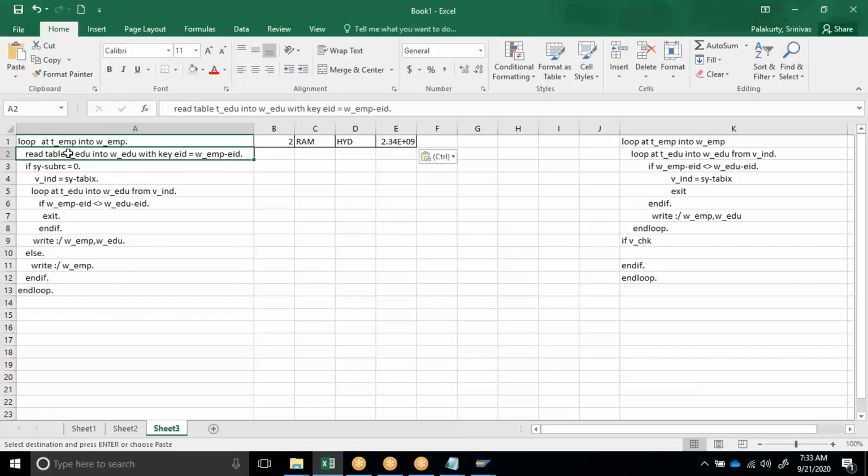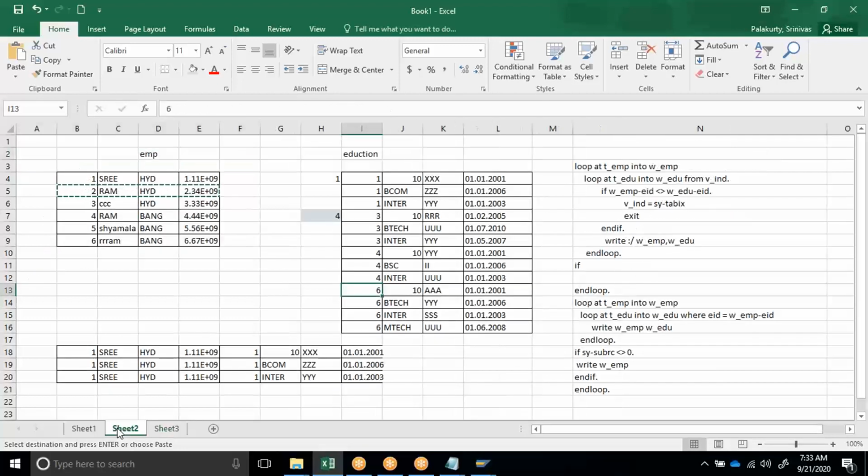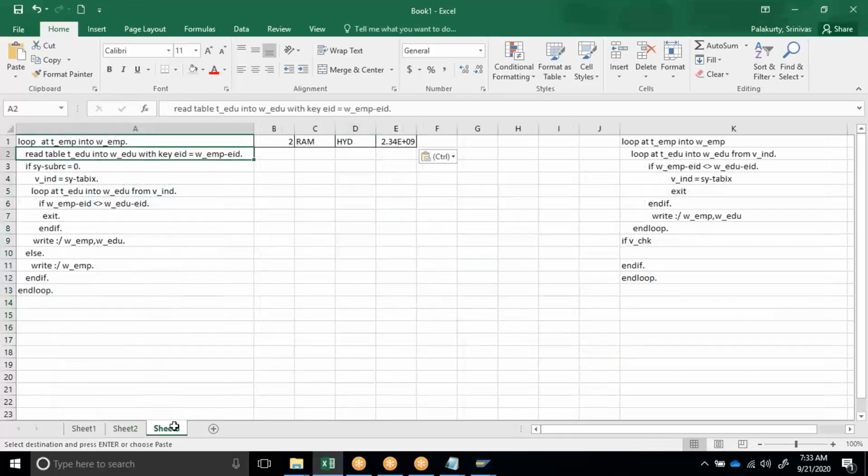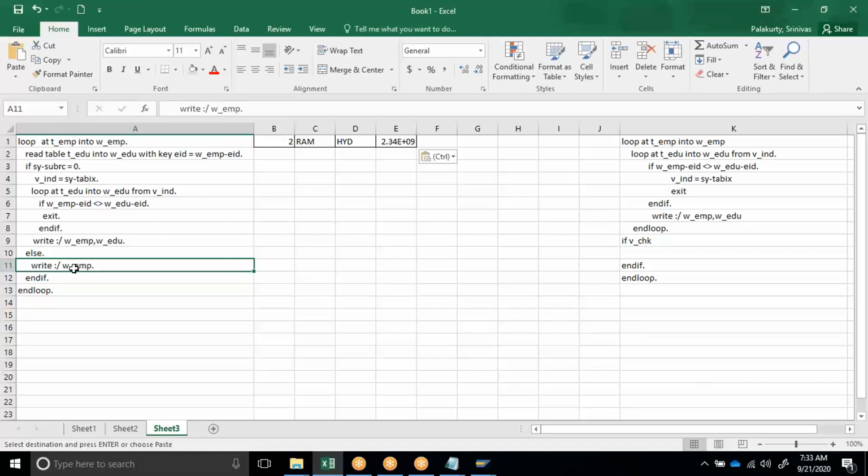This is a read statement, sir. What is it doing? Where is record number 2? It is scanning the complete table for record number 2. Indirectly it is like a loop only. It won't find it. Because it is not finding, I am going to the else path. Because the record wasn't found, I am going to the else path. So it is writing the output. So employee 2 will come in the output.